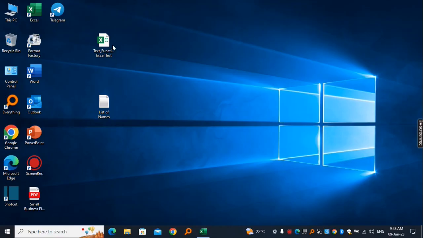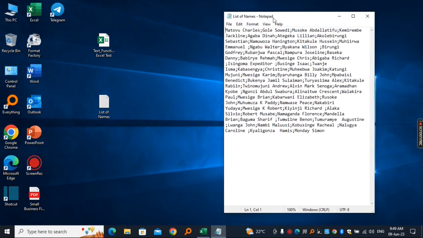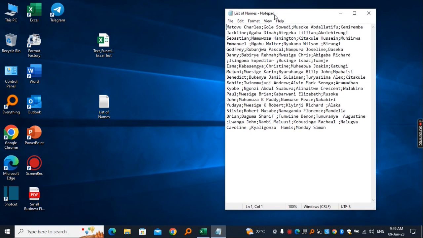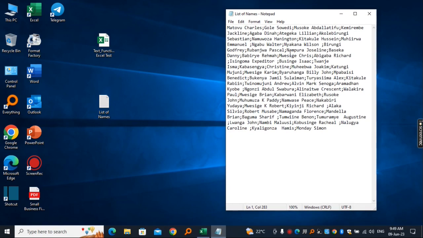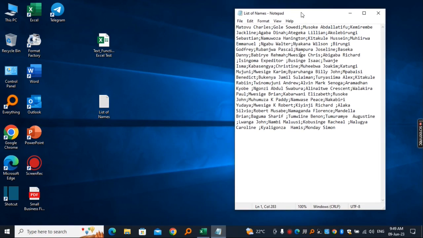The two files that I'm talking about are this one right here. One is a list of names. It is a text file, so I'll go ahead and open it. This is how it looks. It might open in any text editor that you have on your PC. Mine here is opening in Notepad. So it's just a simple list of names, and it's the file that we are going to be using throughout